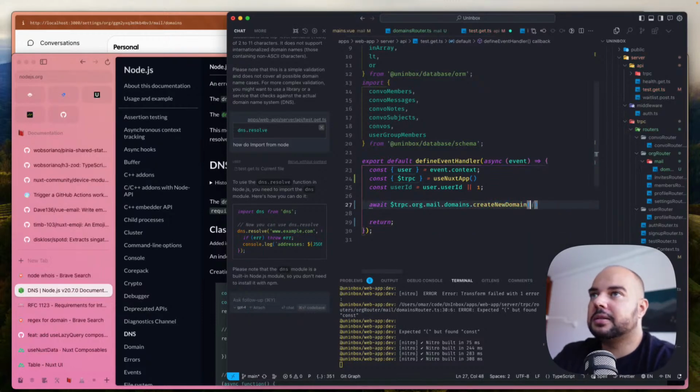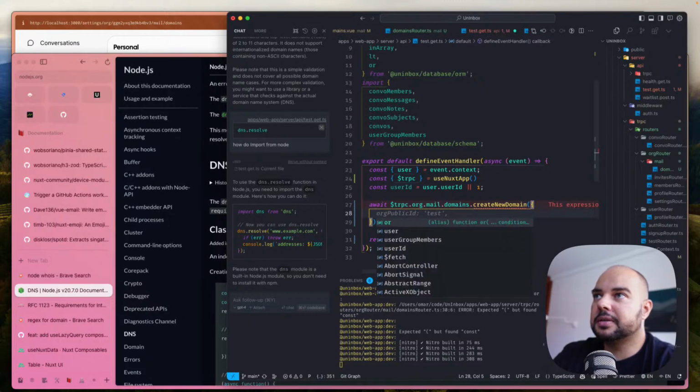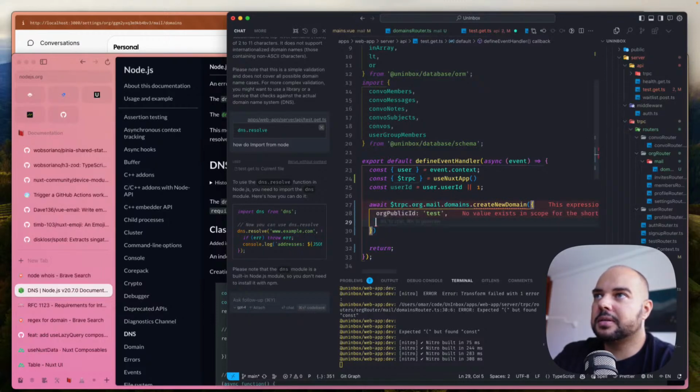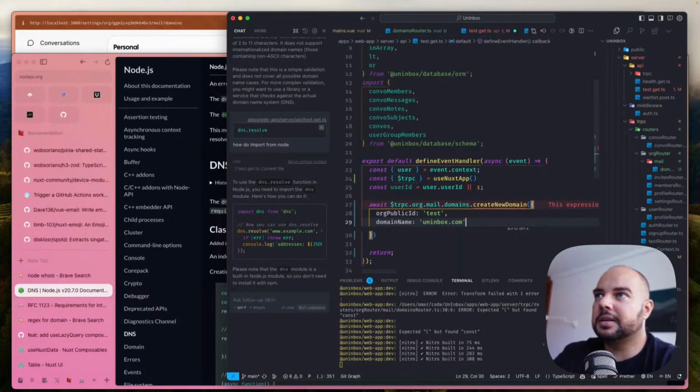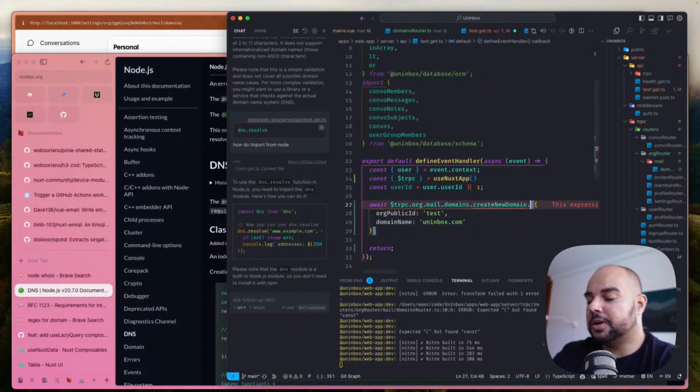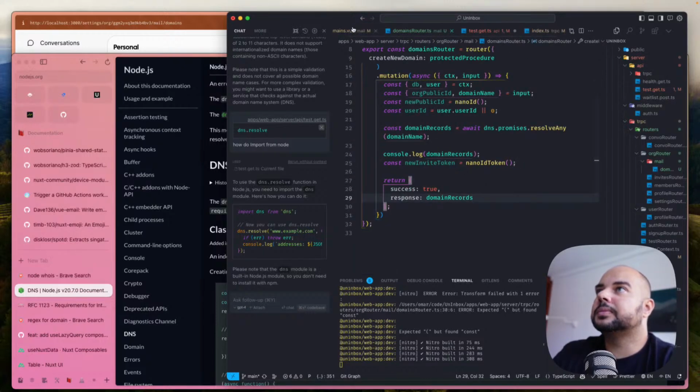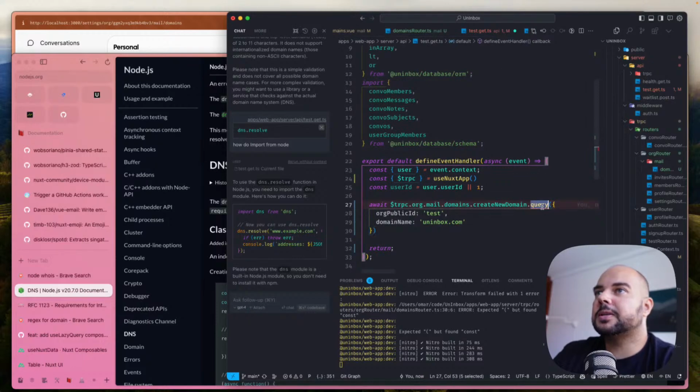Create new domain, and this needs public ID and a domain name. We need to query. No, it would be a mutate. And let's just